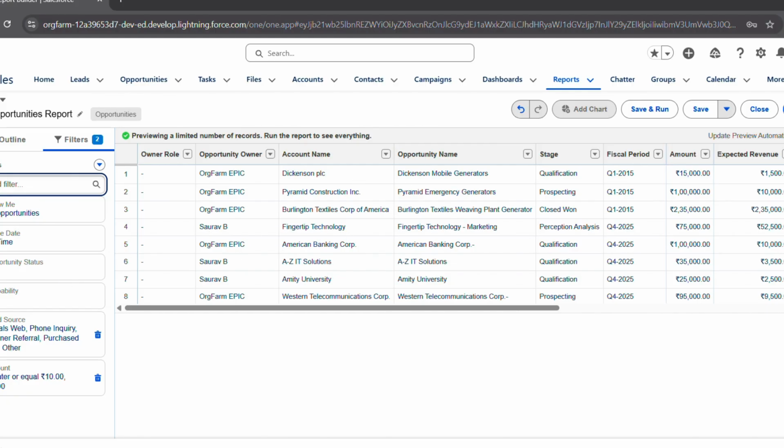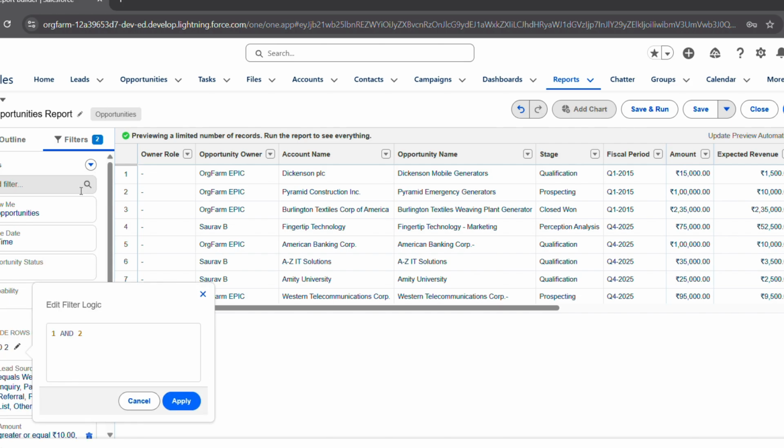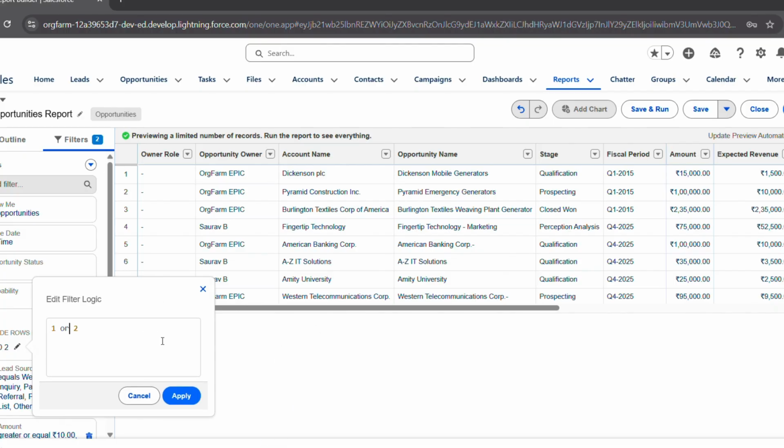I also want to briefly touch on filter logic, which allows you to switch between and or conditions. By clicking Add Filter Logic, you can control how these filters interact with each other. For example, instead of requiring all conditions to be met, you can adjust the logic to broaden or narrow your results. Filter logic can get quite advanced, so I recommend experimenting and testing different combinations first.